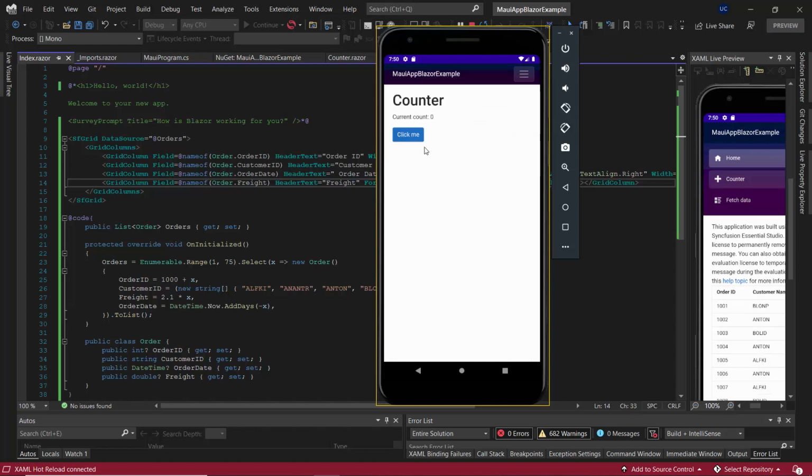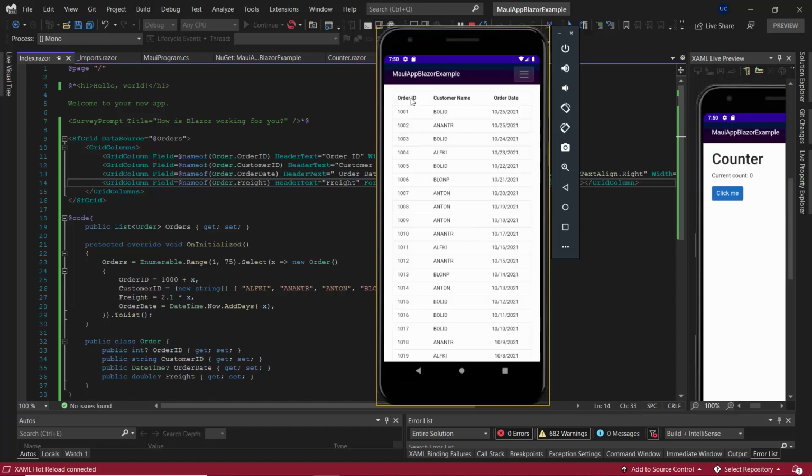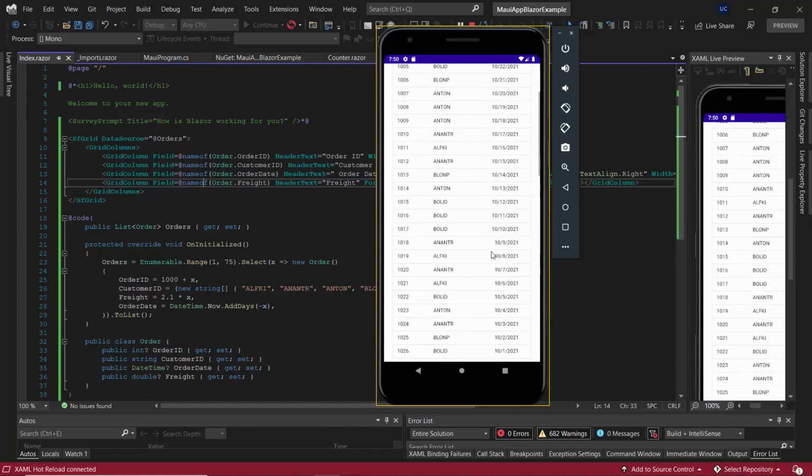But once I provide that particular license key, that message will disappear permanently. And here you will be able to see the grid component is being displayed as expected.